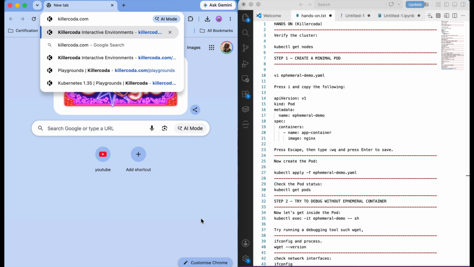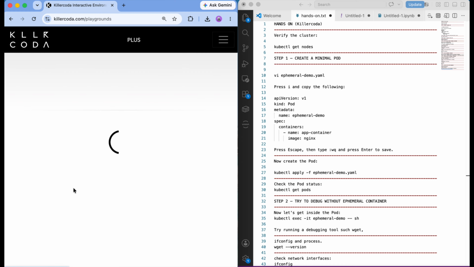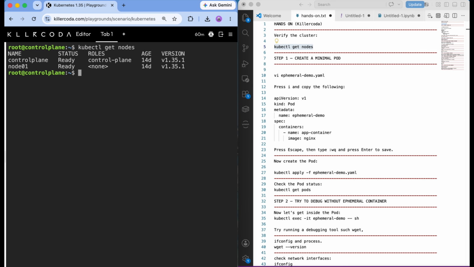Now let's run this on a real Kubernetes cluster. Open killercoda.com, select a Kubernetes playground and wait for the environment to load. Now let's verify the cluster, and you will see the control plane and worker node are in ready state. So let's get started. First create the pod using a minimal image like Nginx, which has very limited debugging tools. So let's create the file now